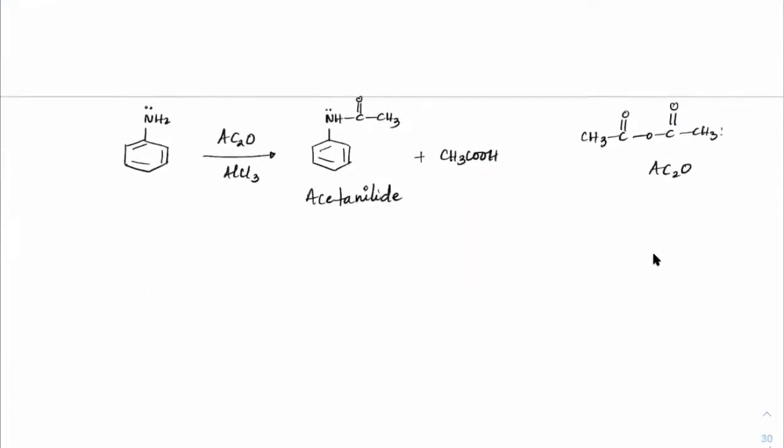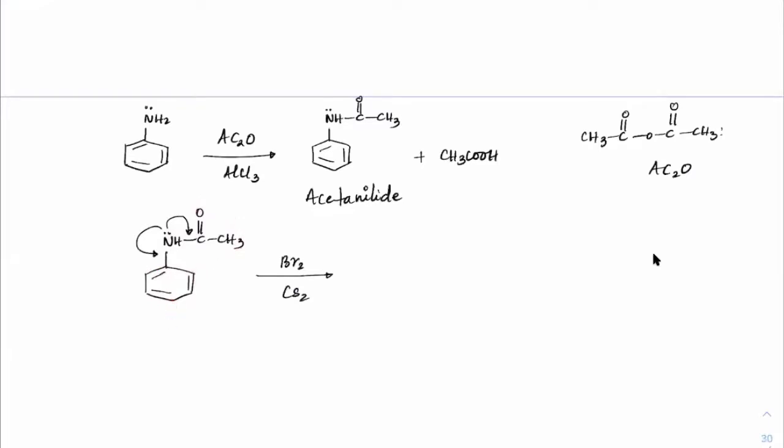So once you get acetanilide, acetanilide will have a slightly less activating group now. The reason being cross conjugation. This lone pair can support here and this lone pair can support here, which means the magnitude of donating nature is decreased. Now if you treat this with Br2 in CS2, I told you this is bulky enough that it won't allow ortho substitution initially.